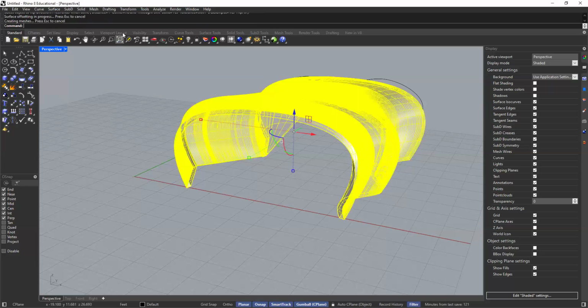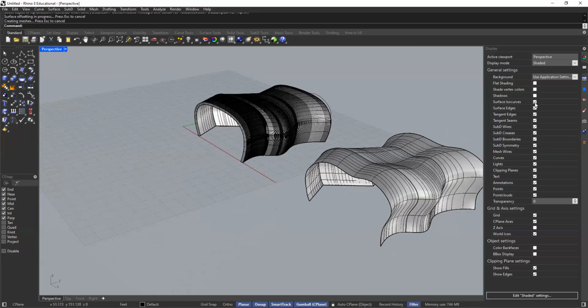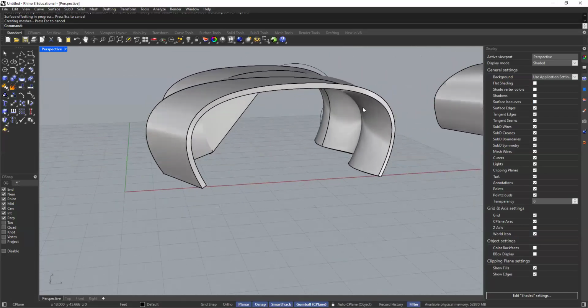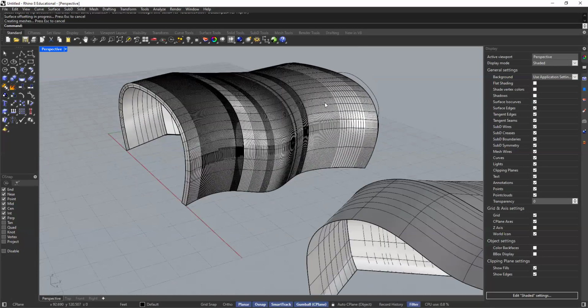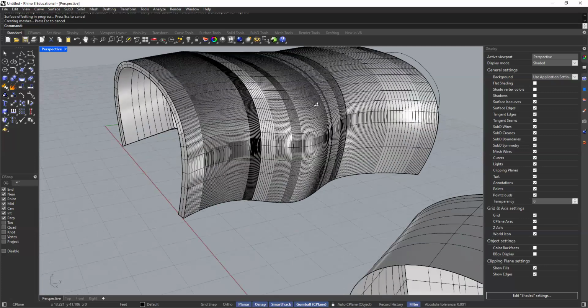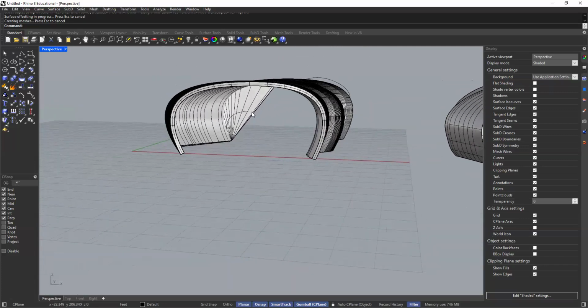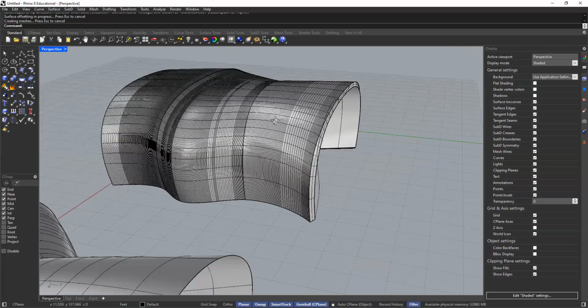We'll hit enter. And there we have, let's go and take the iso curves off. And there we have our form. So curve, let's turn these back on. Here we have the form with a thickness, right? Now you'll notice that this, occasionally, not occasionally, with complex curves like this,